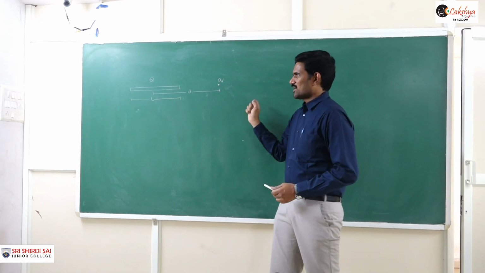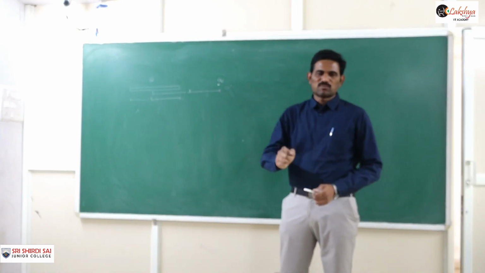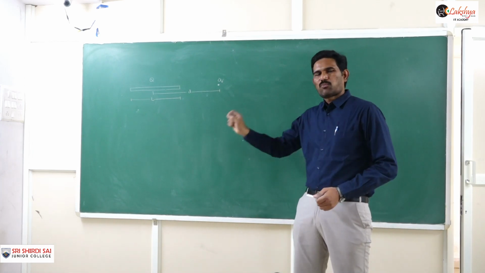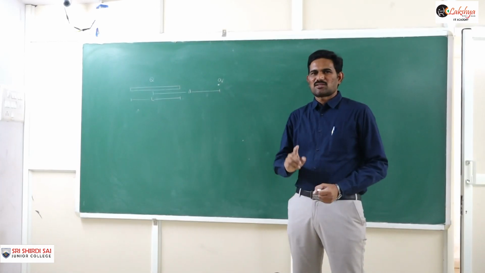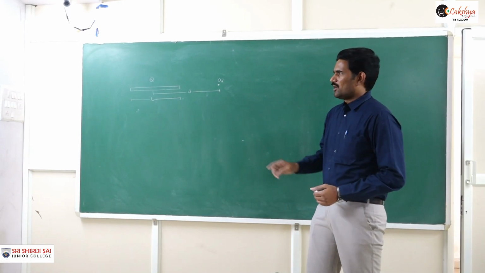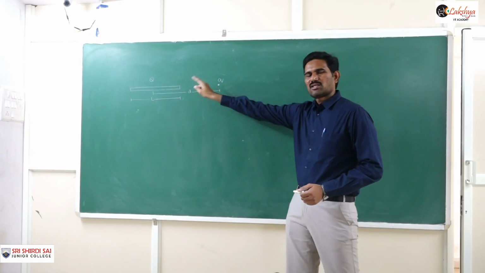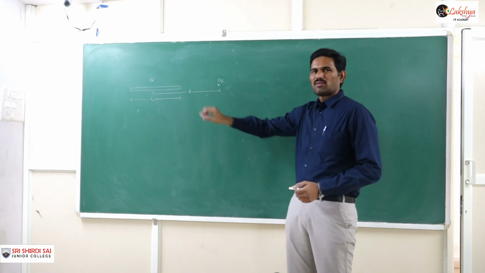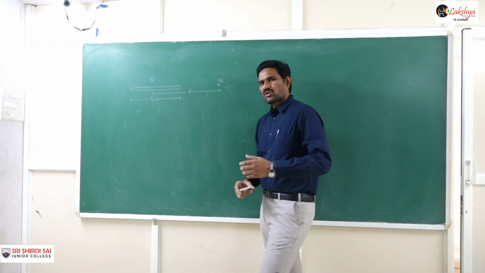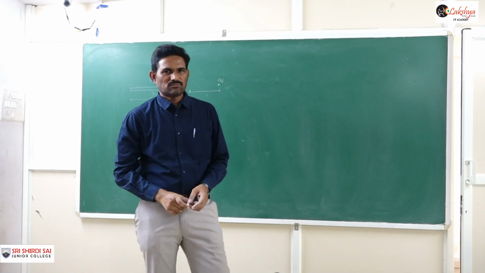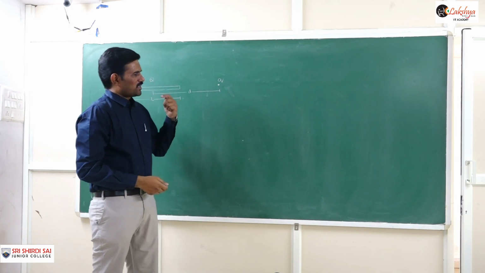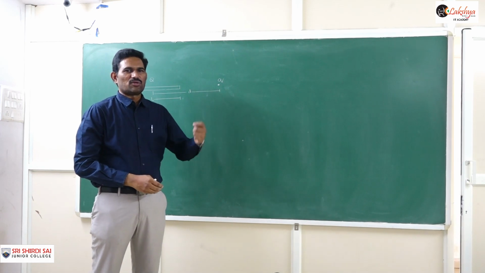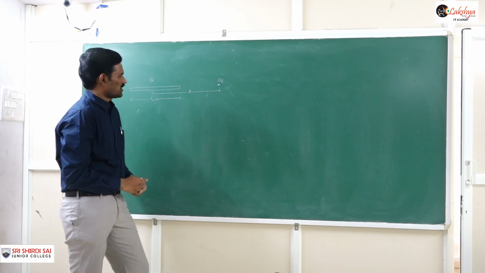So that means now it is a continuous charge distribution. In the Coulomb's law limitations we discussed that actually the Coulomb's law is valid only for point charges. If you are taking two point charges, then directly you can apply the Coulomb's law here. But now this is a point charge here and the other object is not a point charge. So it is some charge distribution. So you can't apply the Coulomb's law directly. Then we divide the object into small parts and do it by the integration method. That means we need to use integration here.